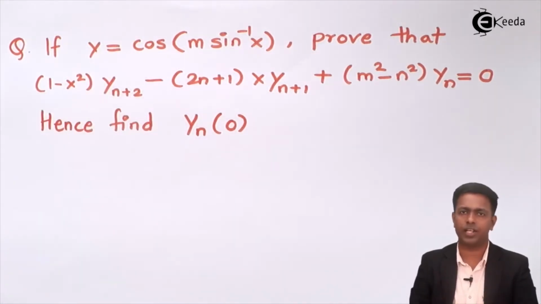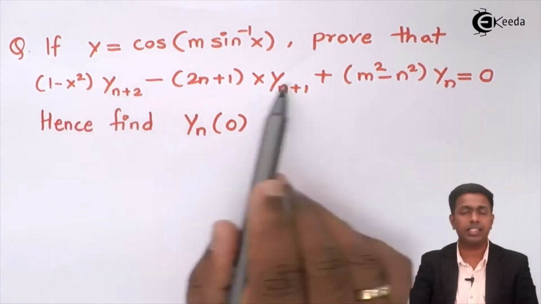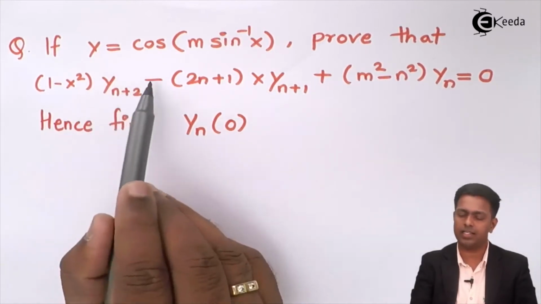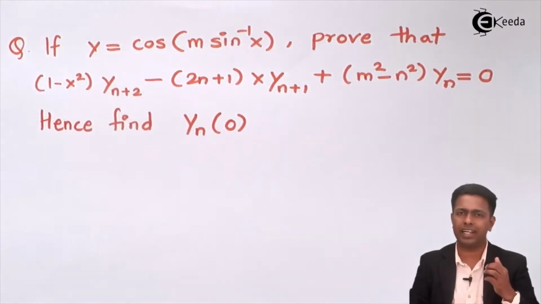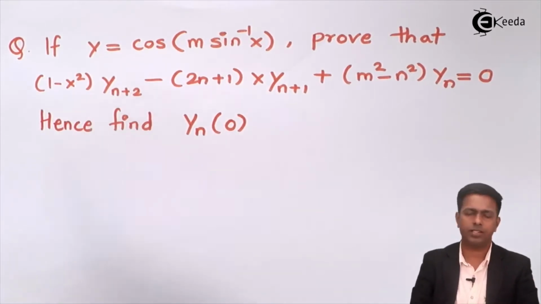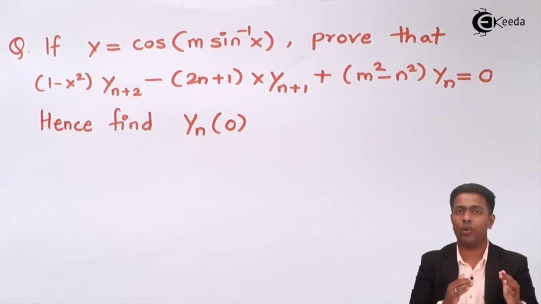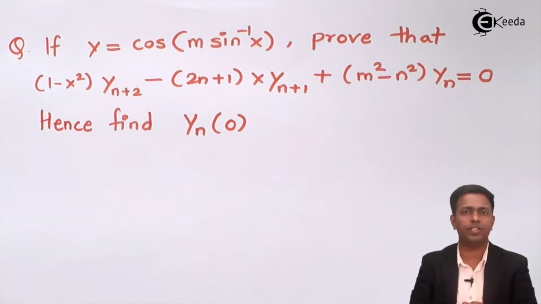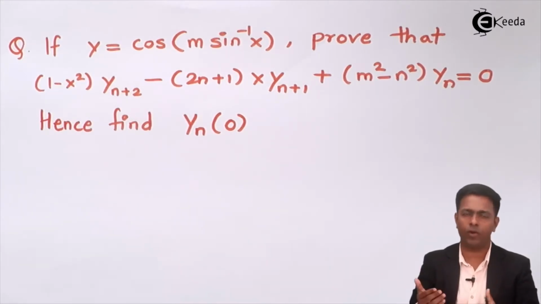So you have to remember this trick in the exam, that whenever you have this type of question, you have to see the highest derivative. So in our case, the highest derivative is y of n plus 2. So to get that highest derivative, you have to find out the first few derivatives. Since we have the highest derivative as y of n plus 2, we will go till y of 2 and then we'll apply the Leibniz theorem. So the same trick you will apply: if you have y of n plus 3, you will find the derivative till y3 and then you will find out the nth derivative, that is y of n plus 3, by using the Leibniz theorem.